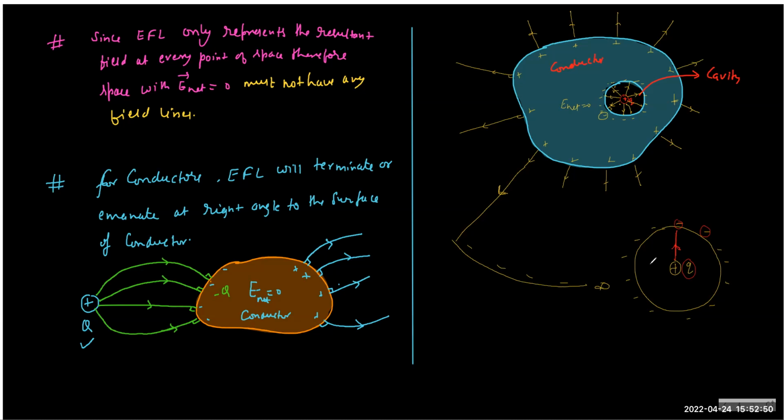So what if we place another charge inside that cavity? Then together they will try to influence. So you are saying you want to put something else, let's say minus Q? Yes, sir. If you put two charges, then the two charges will create a resultant field again, and the net induction will depend on the two charges themselves, the sum of the two charges.